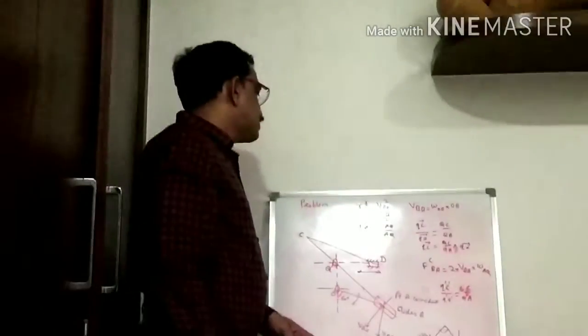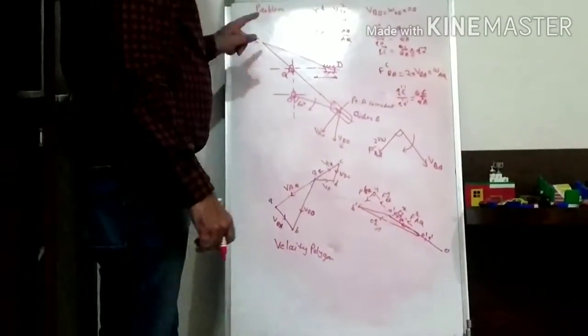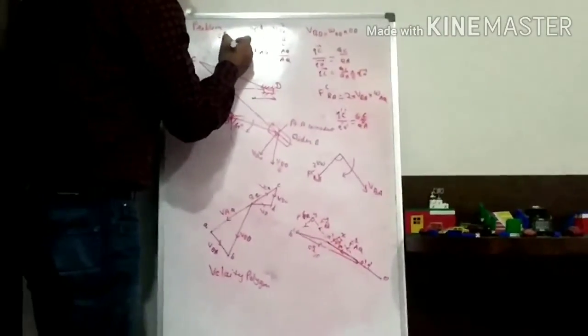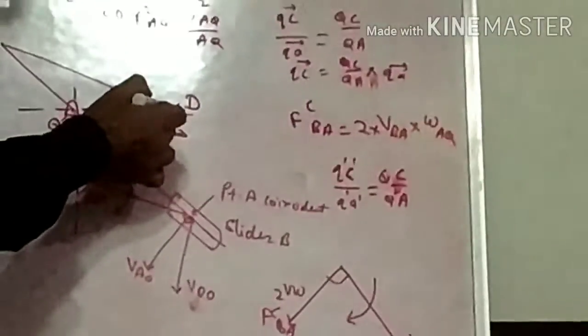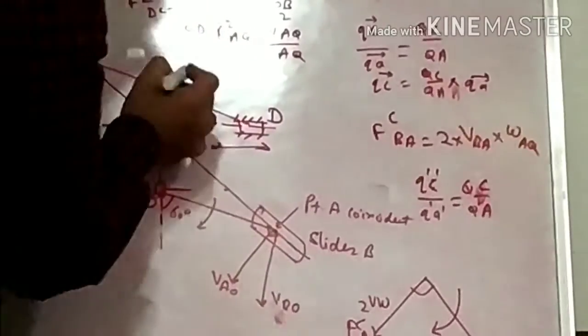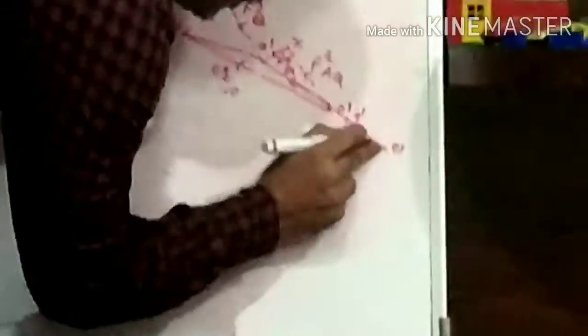Then the acceleration of D with respect to C. So the radial component of acceleration of D with respect to C is equal to what? Velocity of D with respect to C, squared, divided by length CD. Then here the direction is what? This radial component of acceleration has direction towards the center. So draw the vector from point C dash, direction towards the center. So this C dash Z represents the radial component of acceleration of D with respect to C. Then another component is tangential, which is perpendicular.